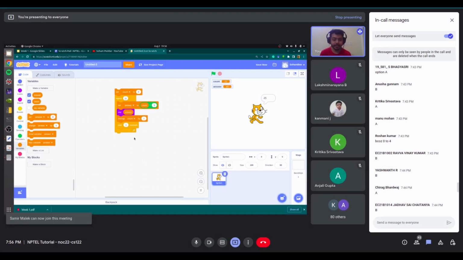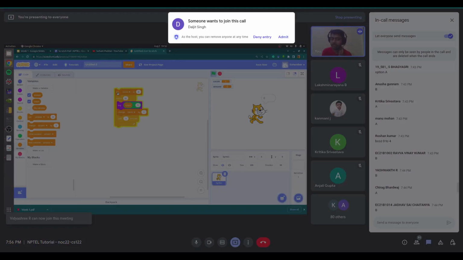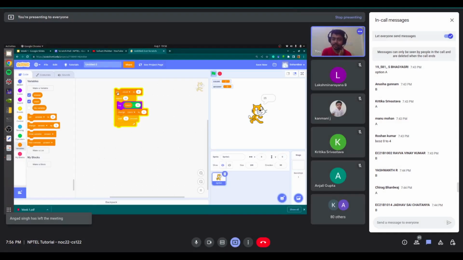Okay, a slightly shorter way to do it is you can just not give this set answer part. You can just directly put this here, then you would not have to make another variable answer. This is also a, oh sorry, this should be here, and you don't need answer anymore. So this is another minimal example. You can also use this to print the numbers. As you can see, now it will go till 50.